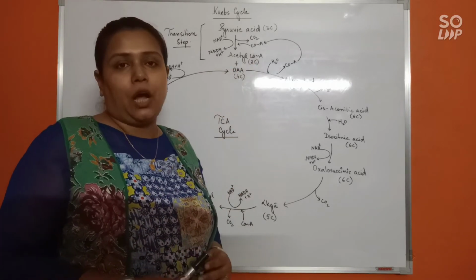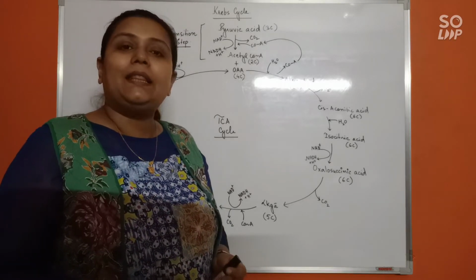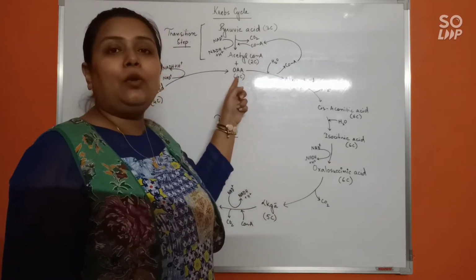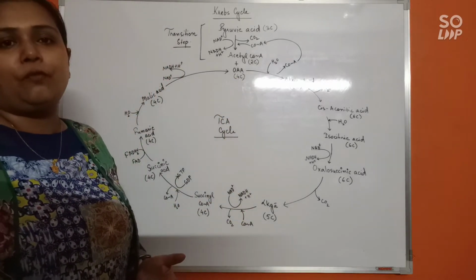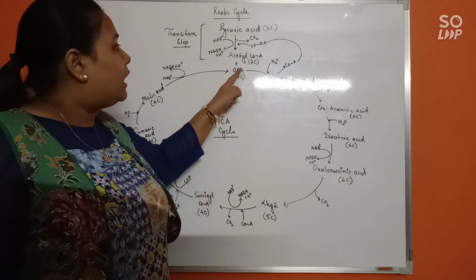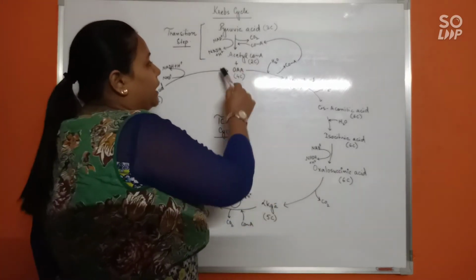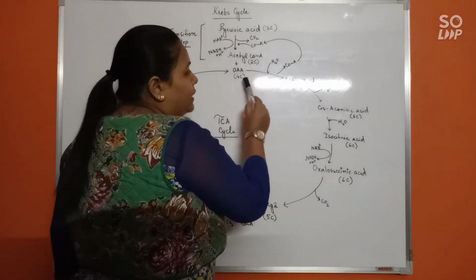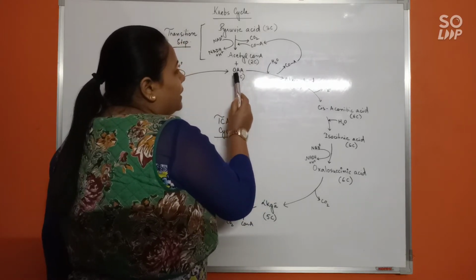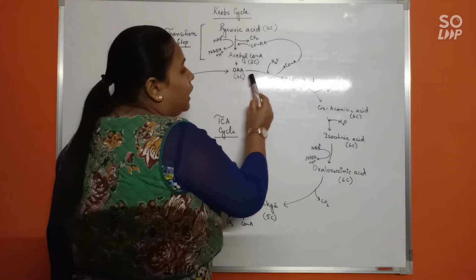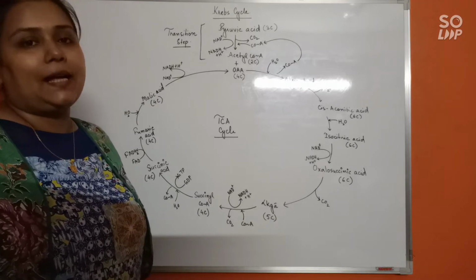But to lose this 2 carbon, we need to borrow 4 more carbon from another compound, and that compound is oxaloacetic acid. Oxaloacetic acid consists of 4 carbon, as you already know from the photosynthesis chapter. So these 2 will combine and finally the Krebs cycle begins. In the first step of the Krebs cycle itself, when acetyl coenzyme A, 2 carbon, and oxaloacetic acid, 4 carbon, combine together, we get the first compound of the Krebs cycle, and that is citric acid.